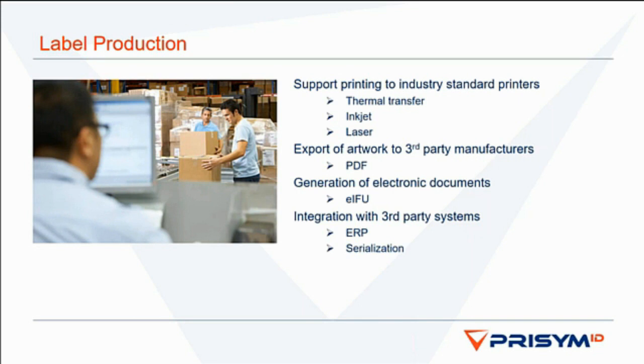It's also likely that the print operation will require different data from different sources, whether it's batch information coming from your ERP, serialization information being provided, or your product data coming from your single source of truth, whether it's in the labeling system or in a product master database. The system you use to produce your labeling must be able to link to and combine these various sources of data to generate the complete set of data at the point of printing.